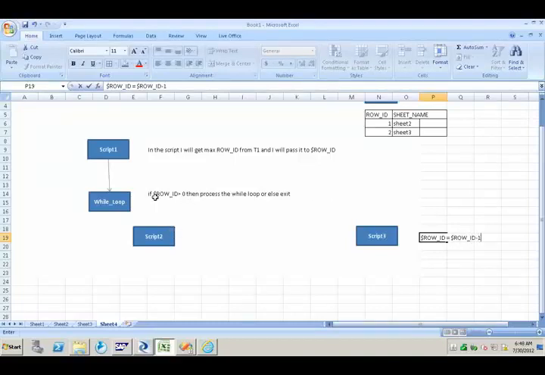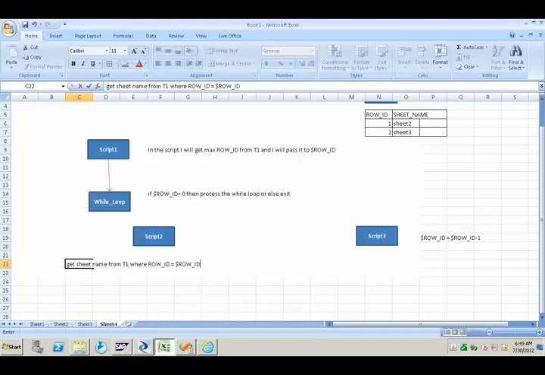In this script, what we are doing is getting the sheet name from T1 where row_id equals $row_id.